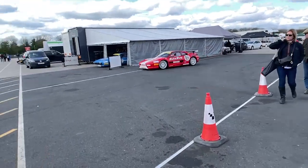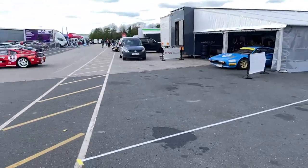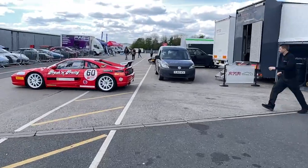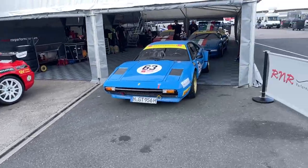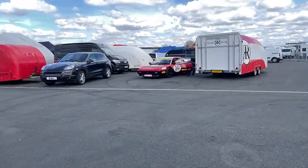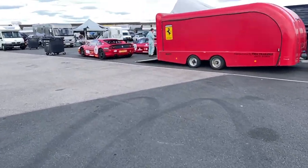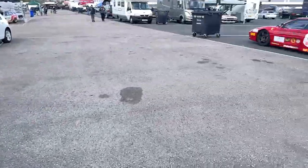There's one of the cars from the Ferrari Challenge. Well, Ferrari Formula Classic, I think is its true title. This is how close you get to cars here. I'm within a few feet of this. There's a fair few of those around actually. Well, there's another one just over there, and there's some more of those just around here and hidden away. We've got one of the classic touring cars. There's like 3 more here,